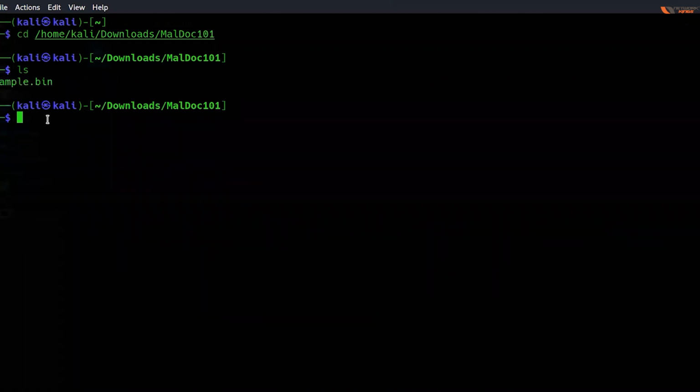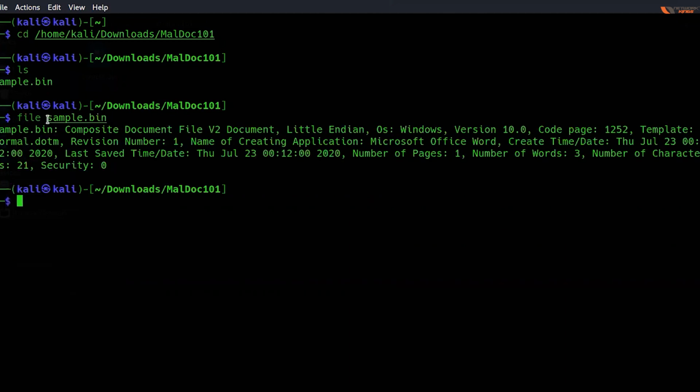So we guys think that's a binary, it might get executed, or it is a compressed file. We have no idea. So I'm going to use a command called file. मैं क्या use करूँगा? I'll use a command called file. It's a pre-built command in Linux. ये क्या करता है? आपको बताता है कि फाइल किस टाइप की है. So if I do file sample.bin, what are you able to find out?